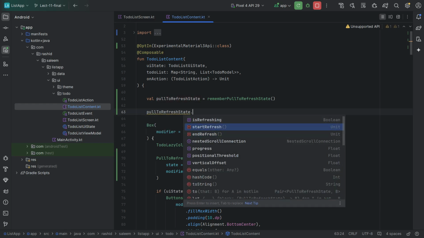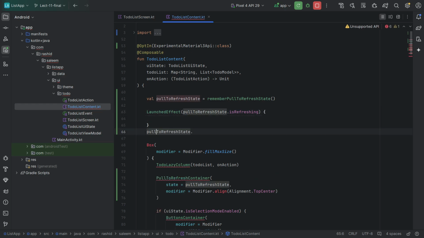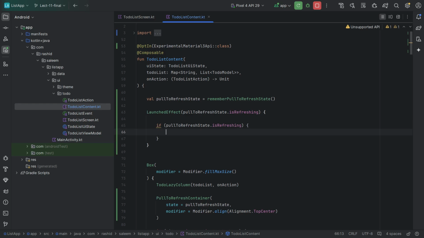let's see what options we have here. We have is refreshing, start refresh, and refresh. So we observe this is refreshing property. When this becomes true, then we send the action to the ViewModel to refresh the data. For that we use launched effect here, and in here we pass pull to refresh dot is refreshing, and in that launched effect we will check whether pull to refresh is refreshing. If it's true, then we send the action to the ViewModel. So for that we call on action, to do list action dot